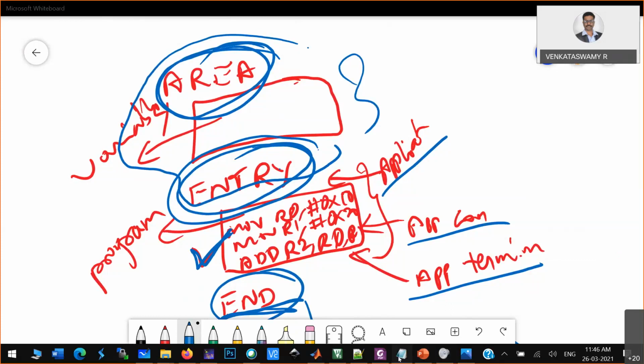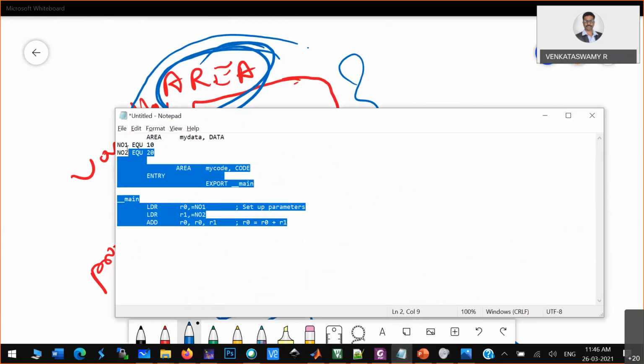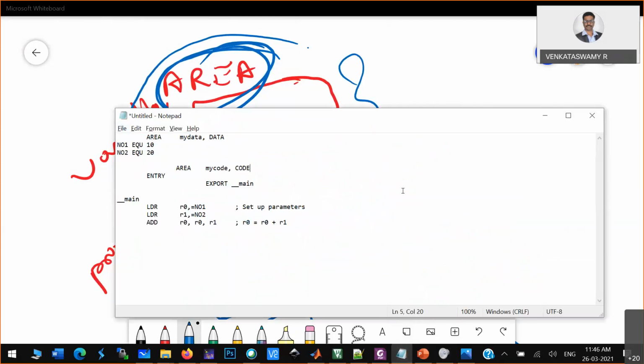Now, I'll showcase one simple program. You can see here, now we know the structure of this ARM program. You have an area block and an entry block. In the area block variables are defined, and in the entry block the program is defined.